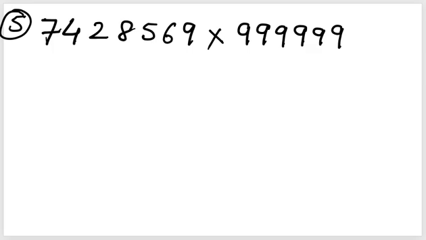I hope you have gotten the answer. Let us check how many digits are there. 1 2 3 4 5 6. 1 2 3 4 5 6. So here one digit is extra. So first of all I'll find my right side of the answer. Here I'll take the complement. What is the complement of 428569? All from 9 and last from 10. So 9 minus 4 is 5, 9 minus 2 is 7, 9 minus 8 is 1, 9 minus 5 is 4, 9 minus 6 is 3. Now the last one, don't forget from 10. 10 minus 9 is 1. So I got some part of the answer.